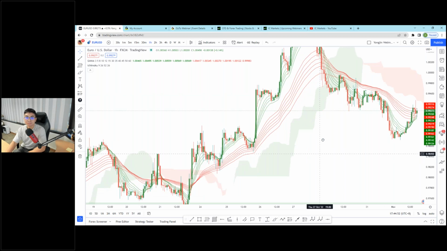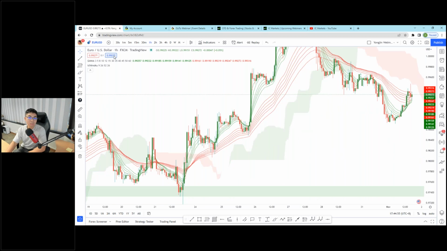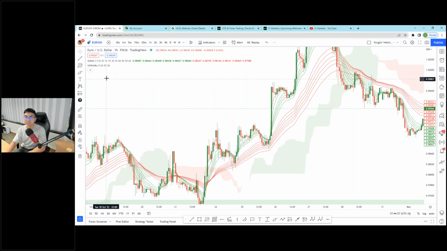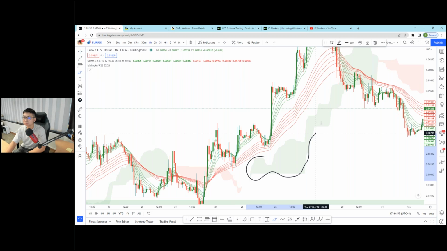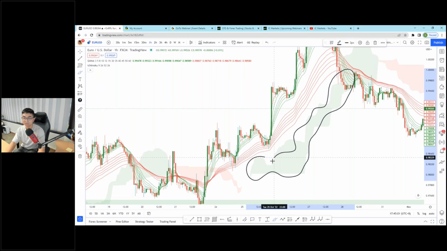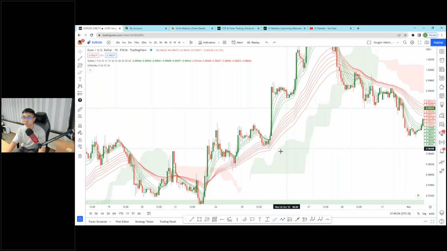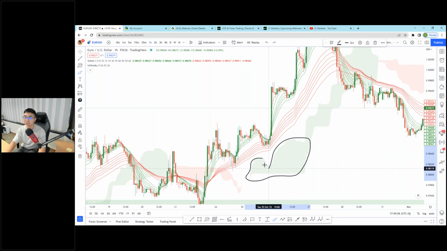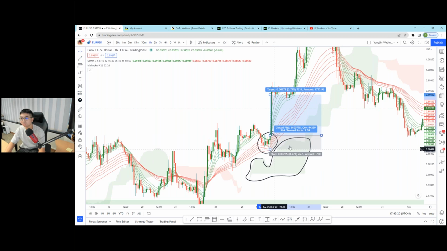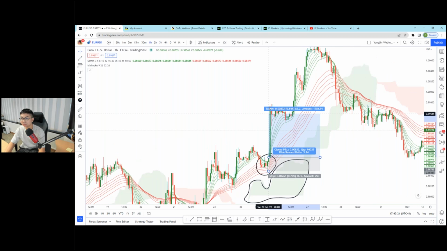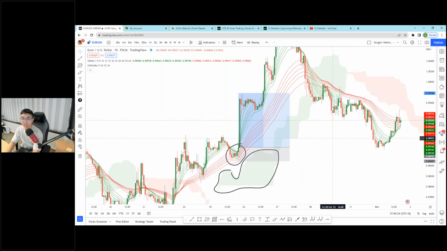It's fine. So looking at this Ichimoku cloud, it just looks like random nonsense going around, clouds, shape of a cloud. But if price is above the Ichimoku cloud right here, the green color cloud, price is above, it can indicate that it is a bullish market. So this is one confluence that caused price to continue moving bullish, pretty strong. It's actually quite hard to break the Ichimoku cloud.